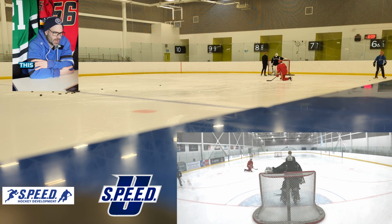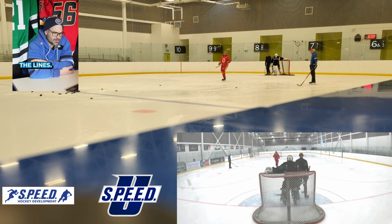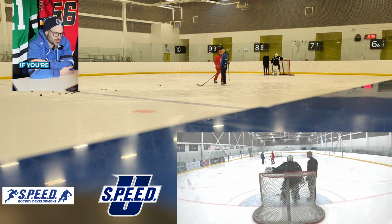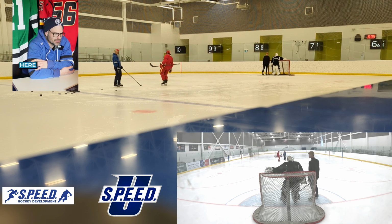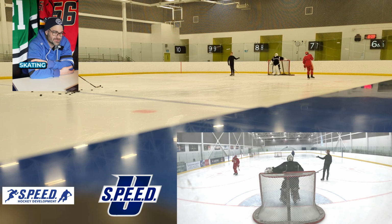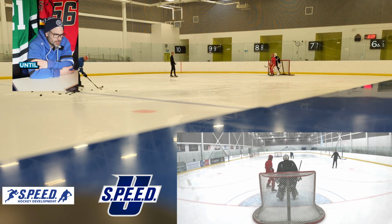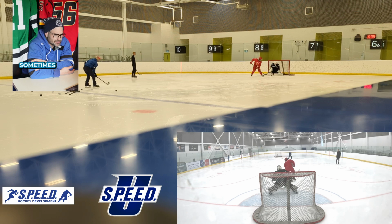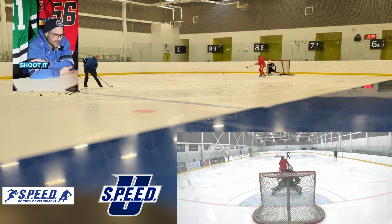But if you're too wide, and I'm going to show this right now, if you're standing out here and the D rips it, you have to almost shoot it on net. You can't tip it on net. So if you're skating on your way into a better spot, the D has to wait until you're in that spot before the D can shoot it. Well, sometimes the D doesn't have time to just wait and shoot it at the right moment. So trying to get to that 160 degree angle spot as quickly as you can and then stop up there